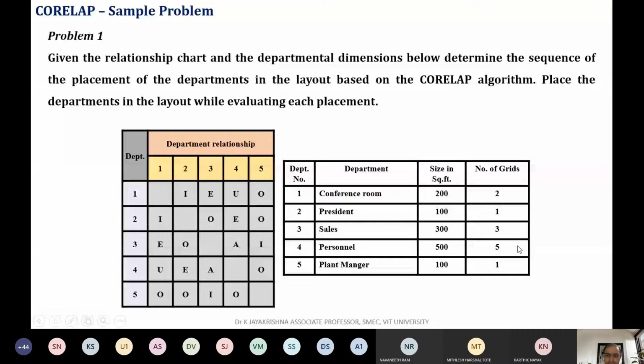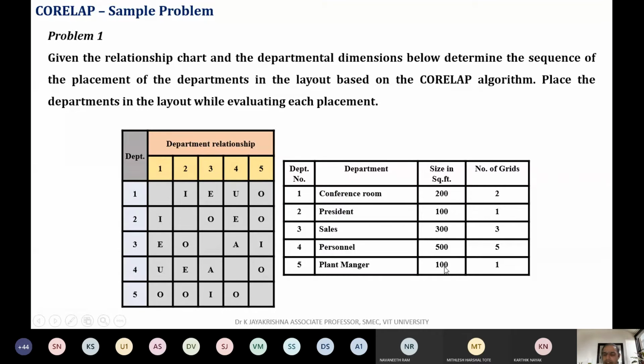So like that, it's easy for you to select the number of grids when you divide the lowest area with the other departments. Select the lowest department area and divide the value with the other departments. You can get the number of grids. If you have the number of grids very less, then it's very easy for you to do the calculation. That's why I'm asking you to divide by the department with least area, so that you'll get less number of grids. When you have less number of grids, the complexity of the problem is less and it's easy to solve.